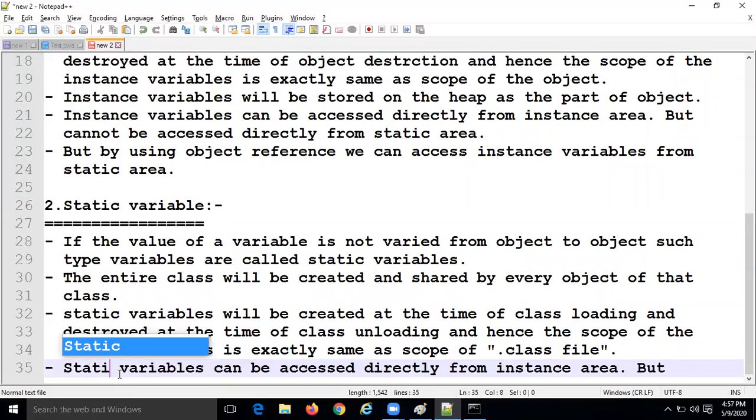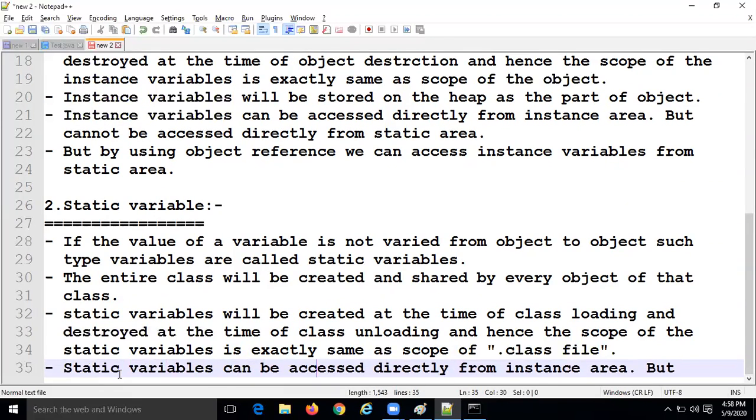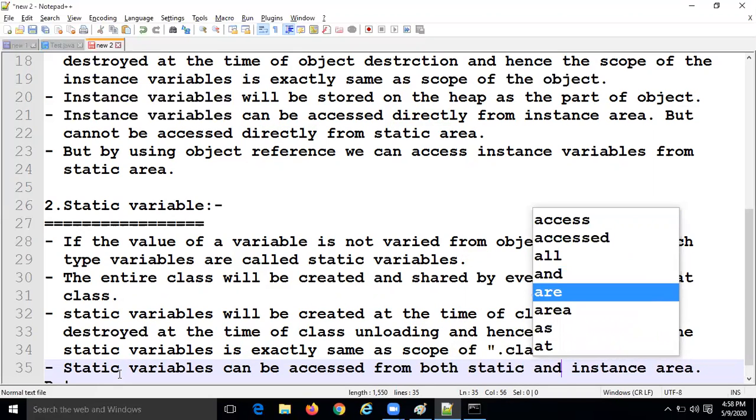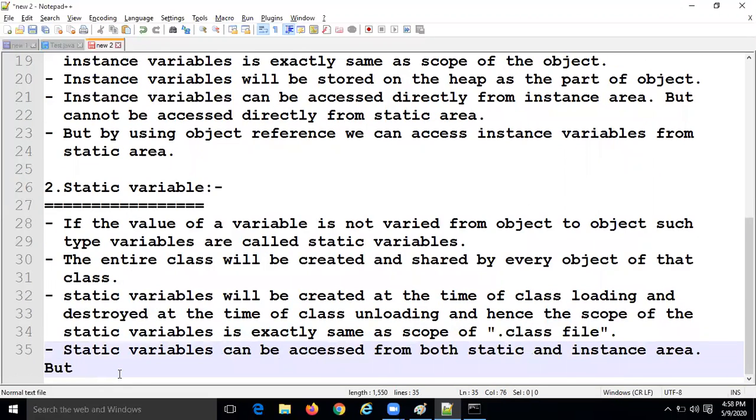Static variables can be accessed directly from both static and instance area.